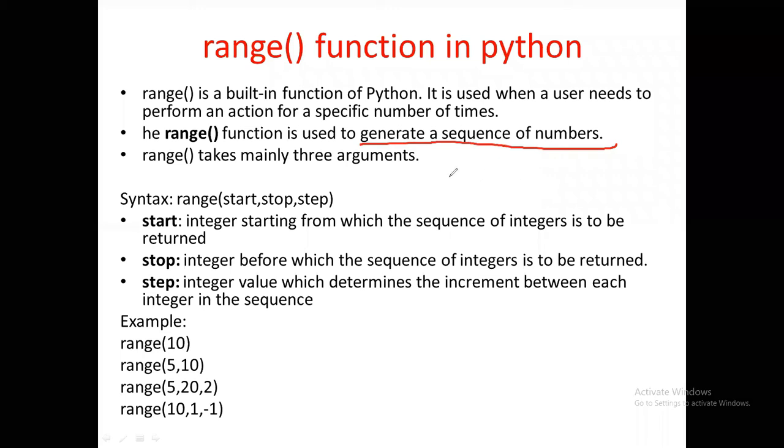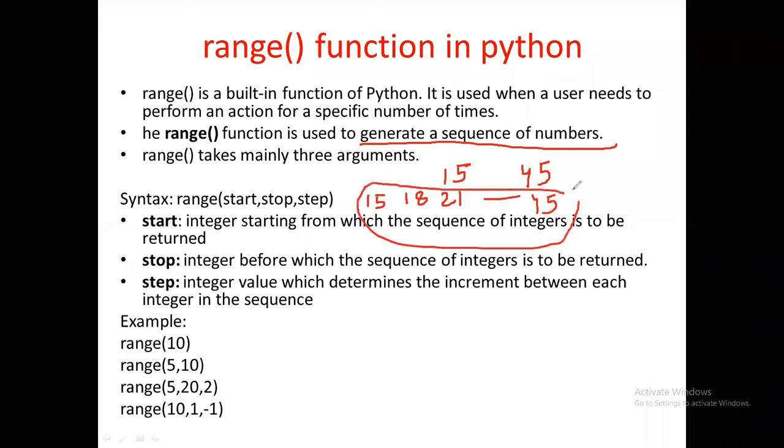For example, I want the numbers from 15 to 45, like this. First number is 15. Second number is 18. 21, up to 45. So what range function are we going to use? Range.